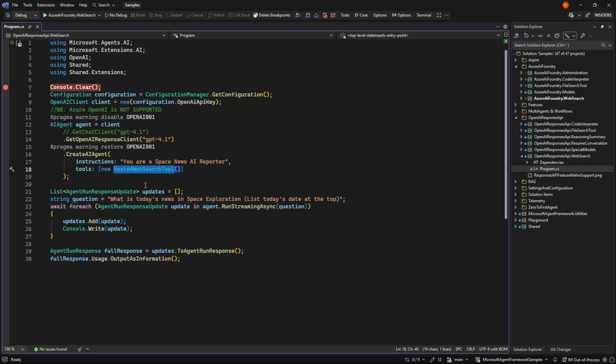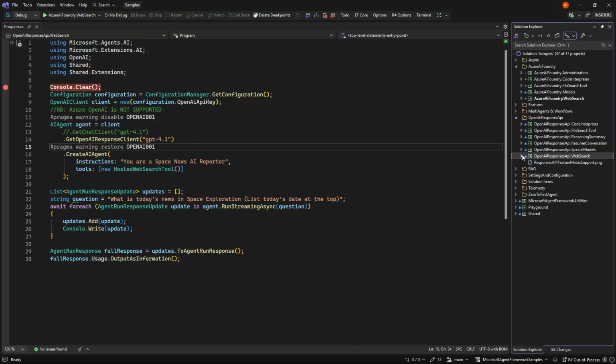We, of course, pay for it, but as an extra service on top of tokens. But beyond that, it is very, very simple to work with. It only works in the OpenAI client. It doesn't work in the Azure OpenAI client.